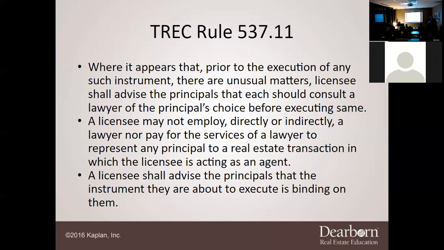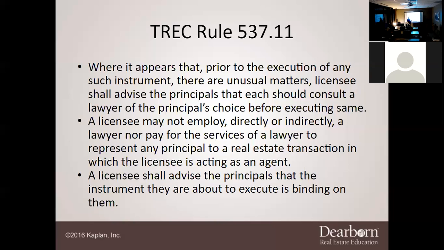Now, of course, legal counsel wants to do what? When your client seeks legal counsel, they oftentimes are going to try to steal the transaction and do it themselves. But this is what I always tell my clients: I don't mind you contacting an attorney. I can answer a majority of them because I've gone through most of this stuff and I've been doing this for over a decade. I kind of know how real estate works.